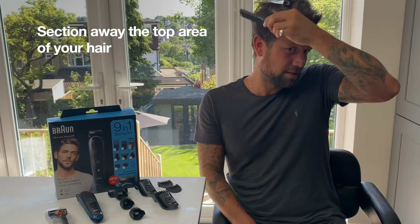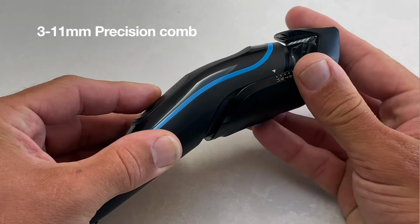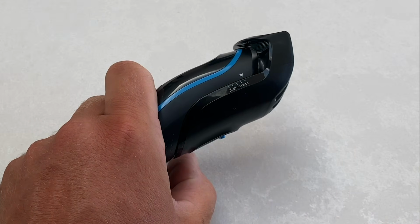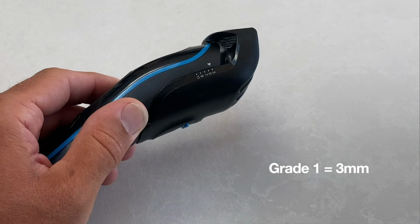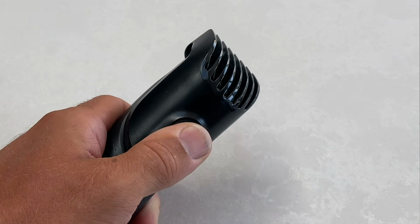Section away the top area of your hair. Best advice for you is to cut it dry. The main attachment I'm going to be using is the 3 to 11 millimeter comb attachment. Now you might be used to going to the barber shop asking for a grade 1, 2, 3, etc. Now a grade 1 means the hair is 3 millimeters long, and then each grade after that goes up in